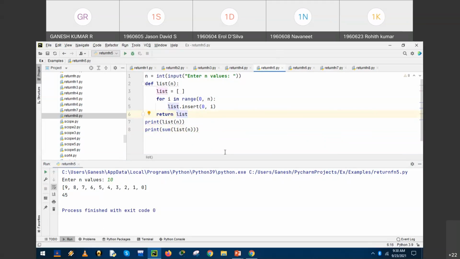Is it clear? So now what changes can I make? Can we think of it? It is displayed from 0 to 9. I want the list starting from 1 to 10. I would like to create a list starting with 1 and not with 0.